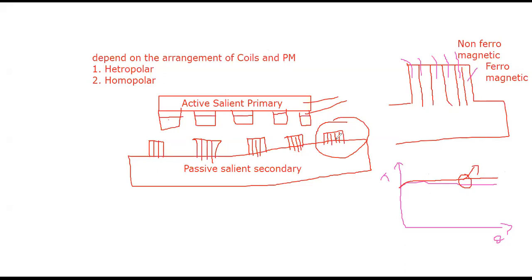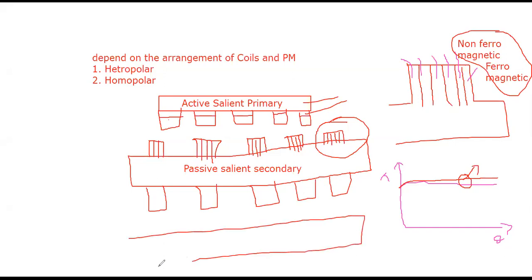So the main cause of ripple is the double saliency in its structure. So we go for a structural optimization or a geometric modification, or a sensitivity analysis of the machine. So we go for a ferromagnetic or non-ferromagnetic type in order to reduce this ripple content, right? And suppose this one is single-sided. If it is a double-sided machine, then what we have to do is go for a secondary with another side of saliency. So remember, this saliency is of a passive one. It is not an active one.